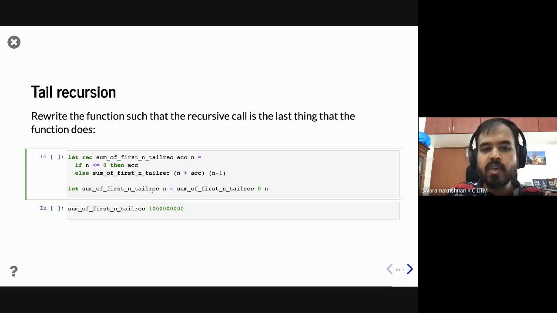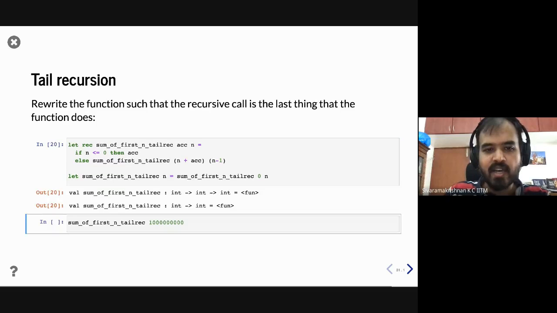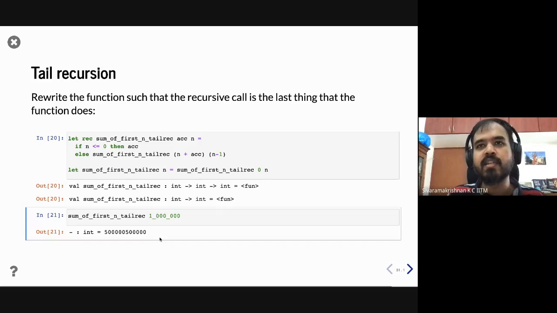So there is a lot going on here. I want you to have a close look at this function, right? And then let me finish this. You can take your time and ask questions, but I will finish what I'm doing now. So this is the value for which we failed earlier. Actually, this is 1 billion. We do 1 million for a start. So I'm calling this tail recursive function. So what happens? It returns immediately, right?